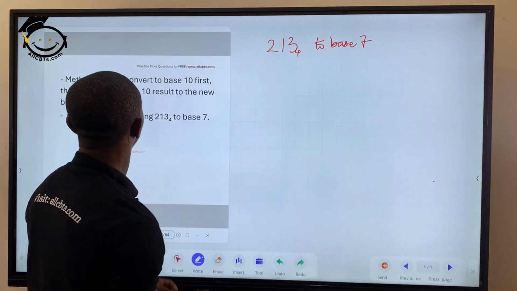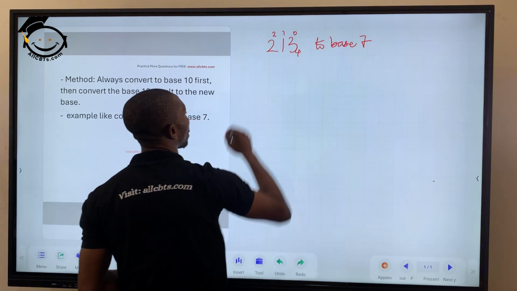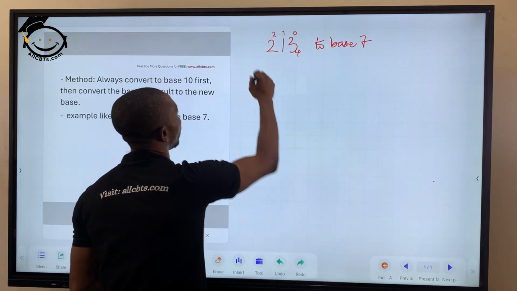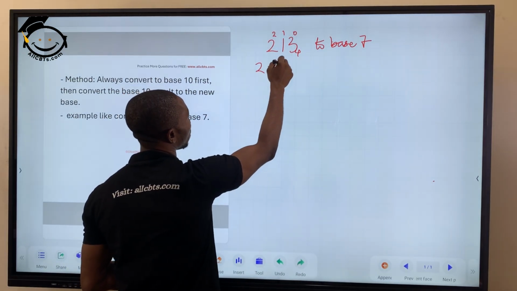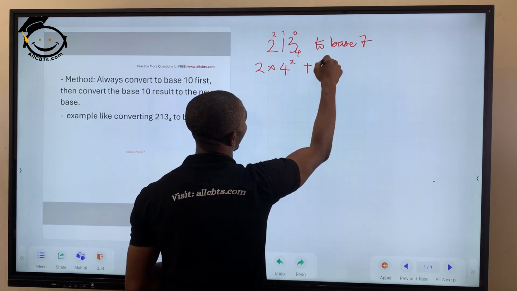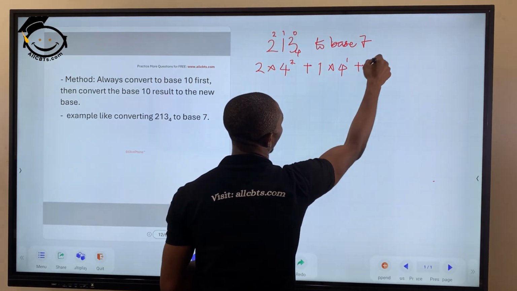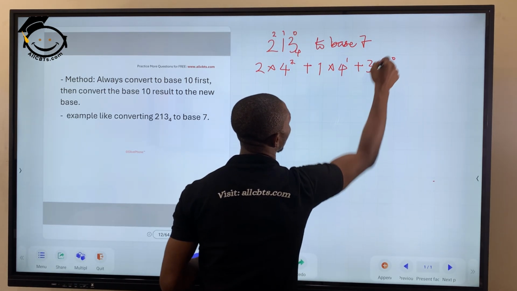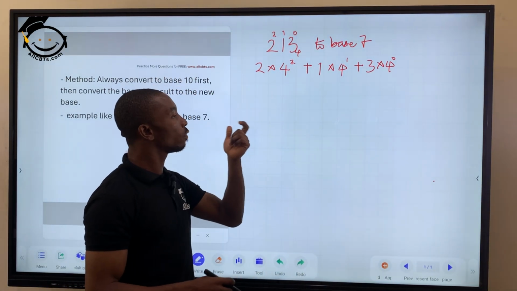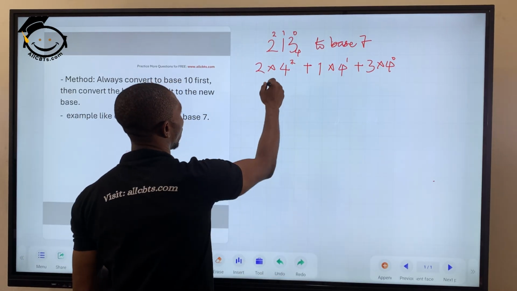Okay, now first we convert this to base 10, then we convert back to base 7. Alright, now this will be 2 times 4 raised to power 2 plus 1 times 4 raised to power 1 plus 3 times 4 raised to power 0. Alright, now 4 raised to power 2 is 16. 16 times 2 will give us 32